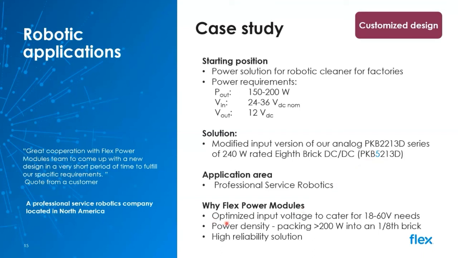What that means for the customer basically is that we gave them the input voltage that they need. We also, as I mentioned earlier, optimized the undervoltage lockout here to take care of the slight voltage dips that they were seeing as well, even below 18 volts. We packed more than 200 watts into an 8th brick package for them, which meant a very, very small package. And the reliability of this device,